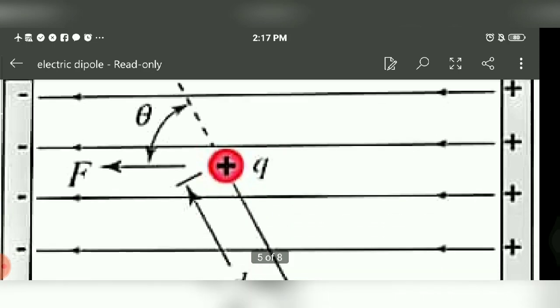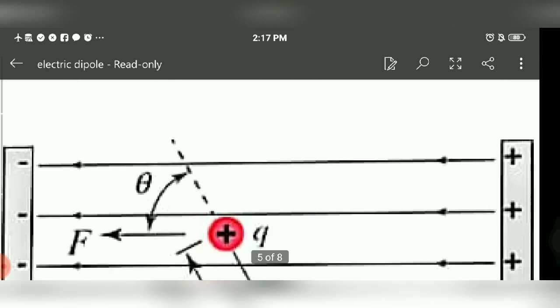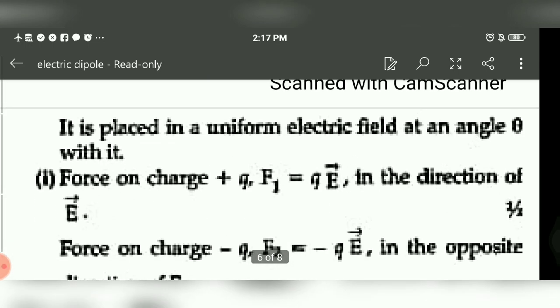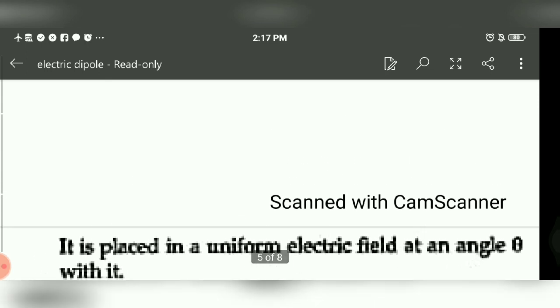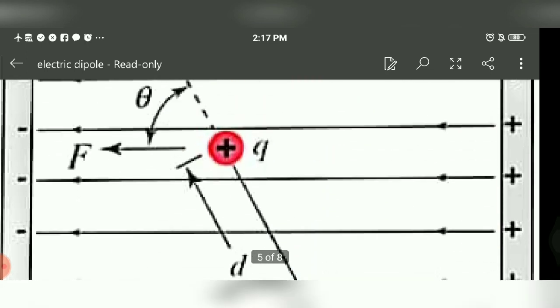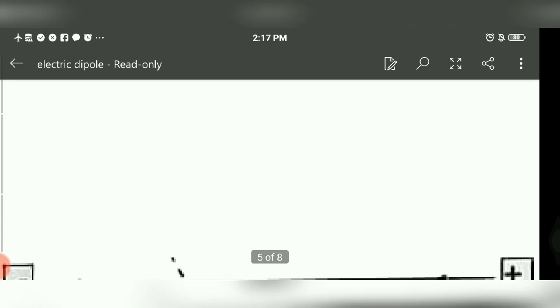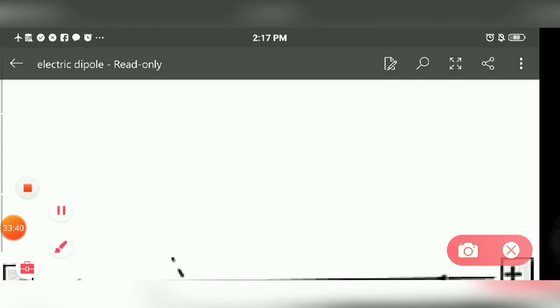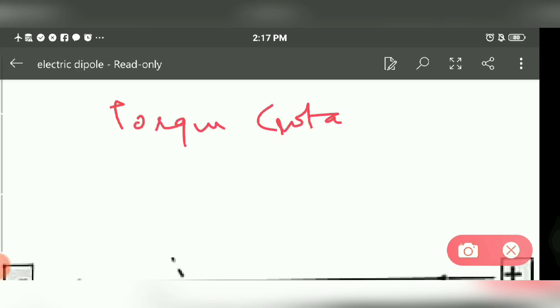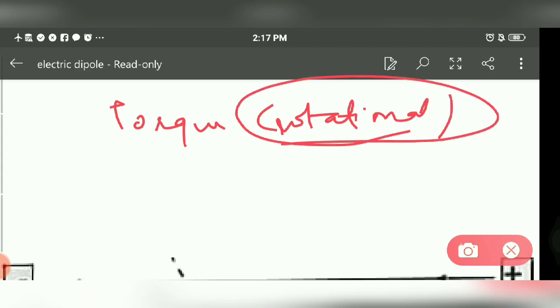Now let's move to the next topic, that is torque and the amount of work done if an electric dipole is placed in a uniform electric field. Let me first clarify what torque is. As we already learned in plus 1, torque is a rotational force, which creates a rotational effect on a body. Torque is represented by tau. Its formula is